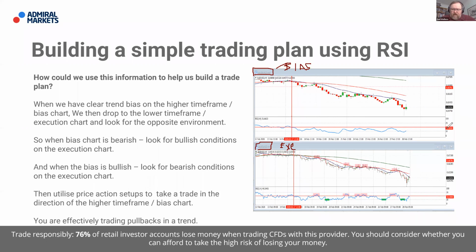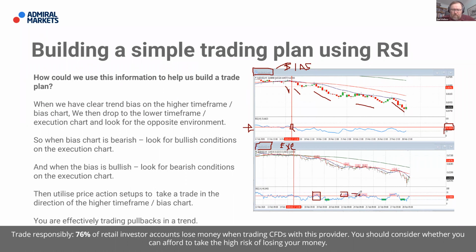I have drawn in a horizontal 50 line on the RSI there, and I've also drawn a vertical line to show when the RSI goes beneath 50. What that does is give me a bearish bias; I'm expecting a downtrend to move. As that happens, you can see price moves in a nice downtrend there. Whenever the RSI comes back up above 50 on the execution chart, I've drawn it in here,